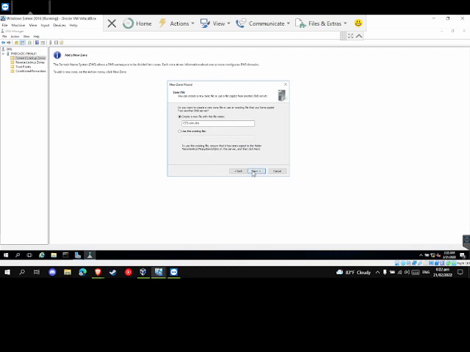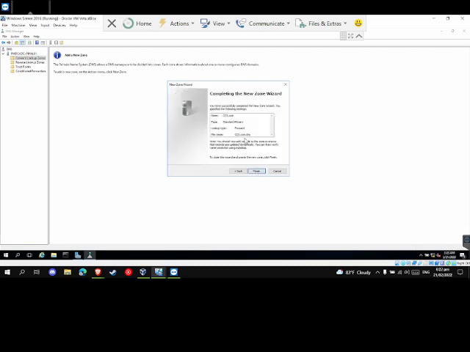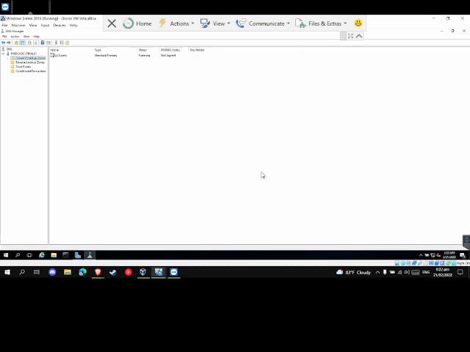Okay, next. And so yan, finish. Ayan, so after creating the ccs.com, yung sabi ko kanina na merong arrow katabi ni forward lookup zone. We are going to click that